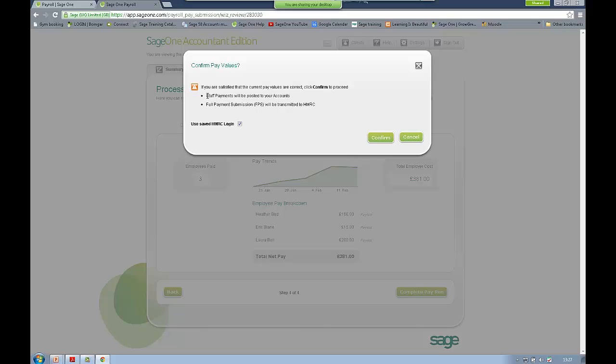And what will happen is the staff payments will actually be automatically posted over to Sage 1 accounts. Because Liz Cashbook uses Sage 1 to do our bookkeeping and produce our accounts as well, the payment information will be directly posted over there. So that will be a nice time saver for her. And then also the full payment submission, which is one of the new RTI submissions, is transferred to HMRC automatically